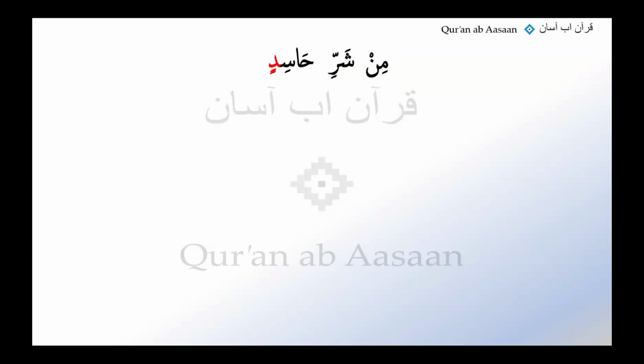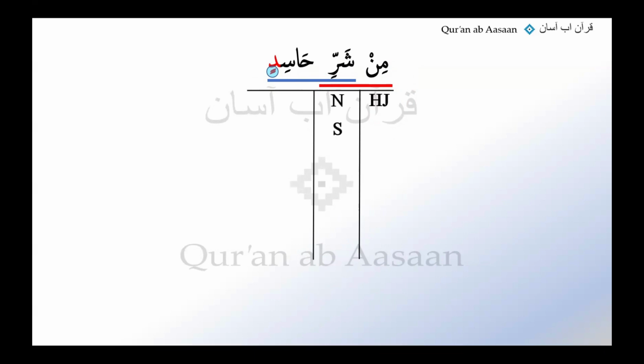All right, let's just do this one quickly now. First thing, coloring the tanween blue, identifying the murakkab idafi, and then murakkab jari, and then dissect min, dissect sharri. Min, harf jar. Sorry, I won't be saying identify murakkab idafi and murakkab jari. I'd say underline sharri hasid in blue, underline min sharri red.